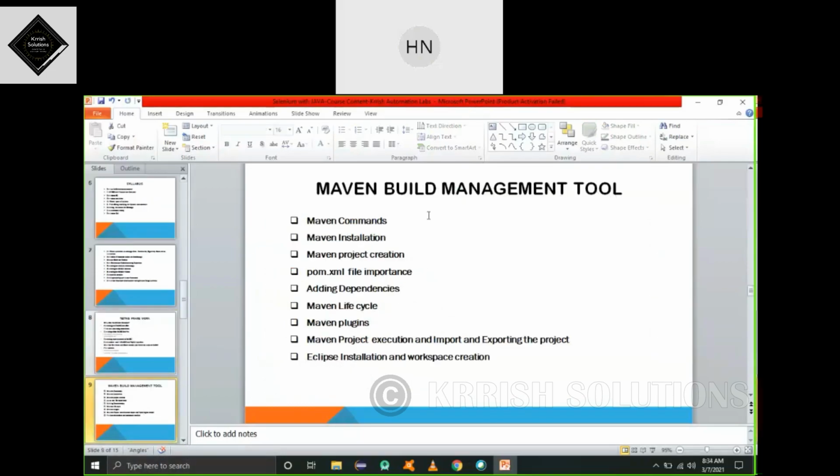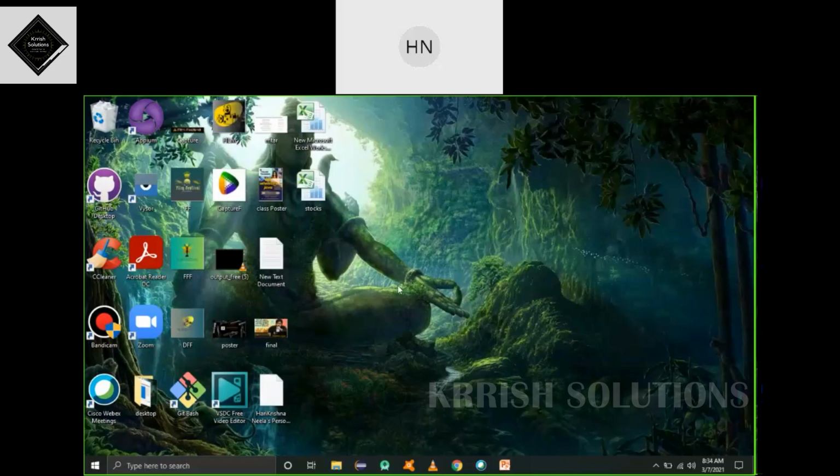Okay. So Maven is one of the build management tool. And what is the purpose of Maven, here we are going to discuss. Maven is a build management tool. What it is going to do: as an automation engineer, I developed one project here, and there are so many dependency files, like my Excel sheet, some jar files, some other input files, property files, and some images related to my project.